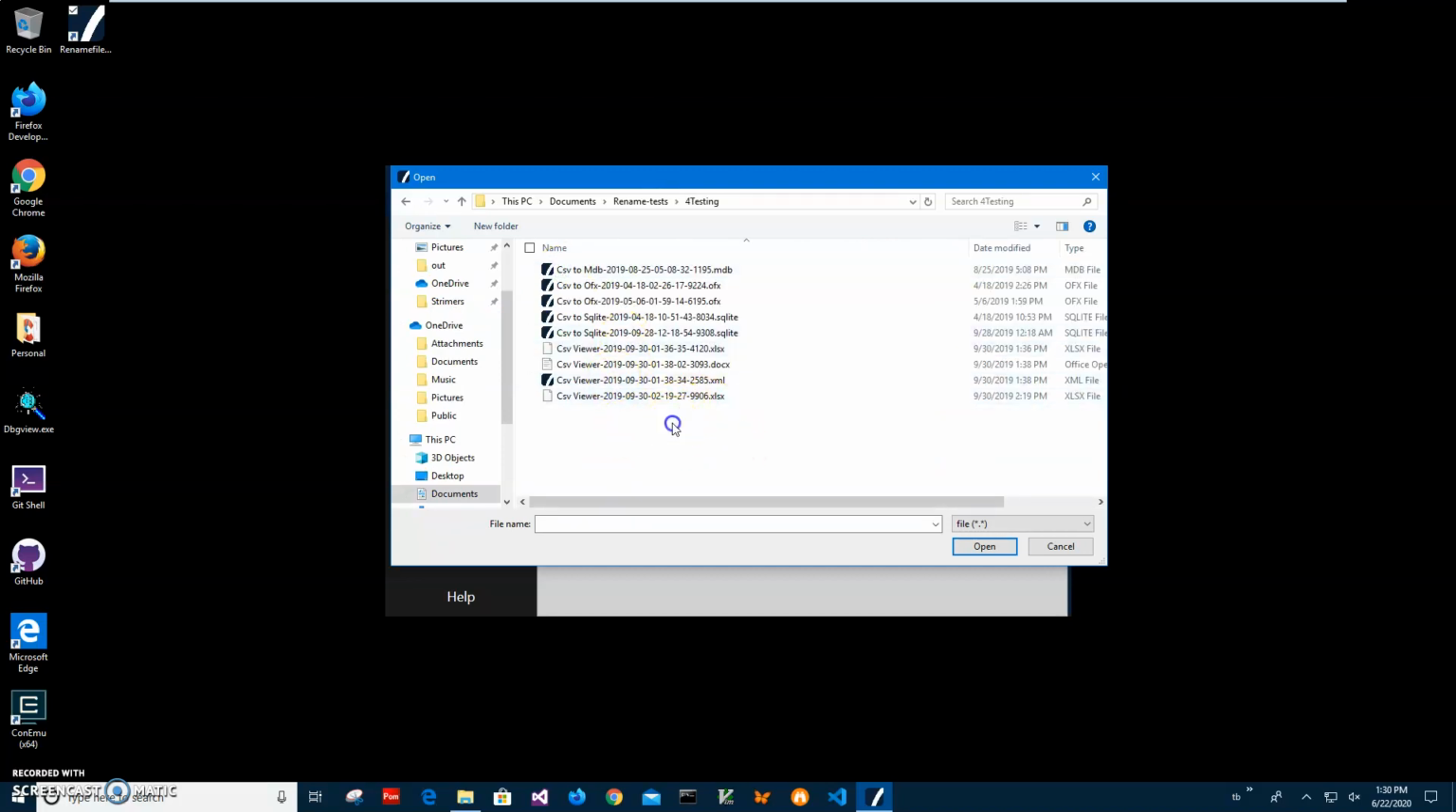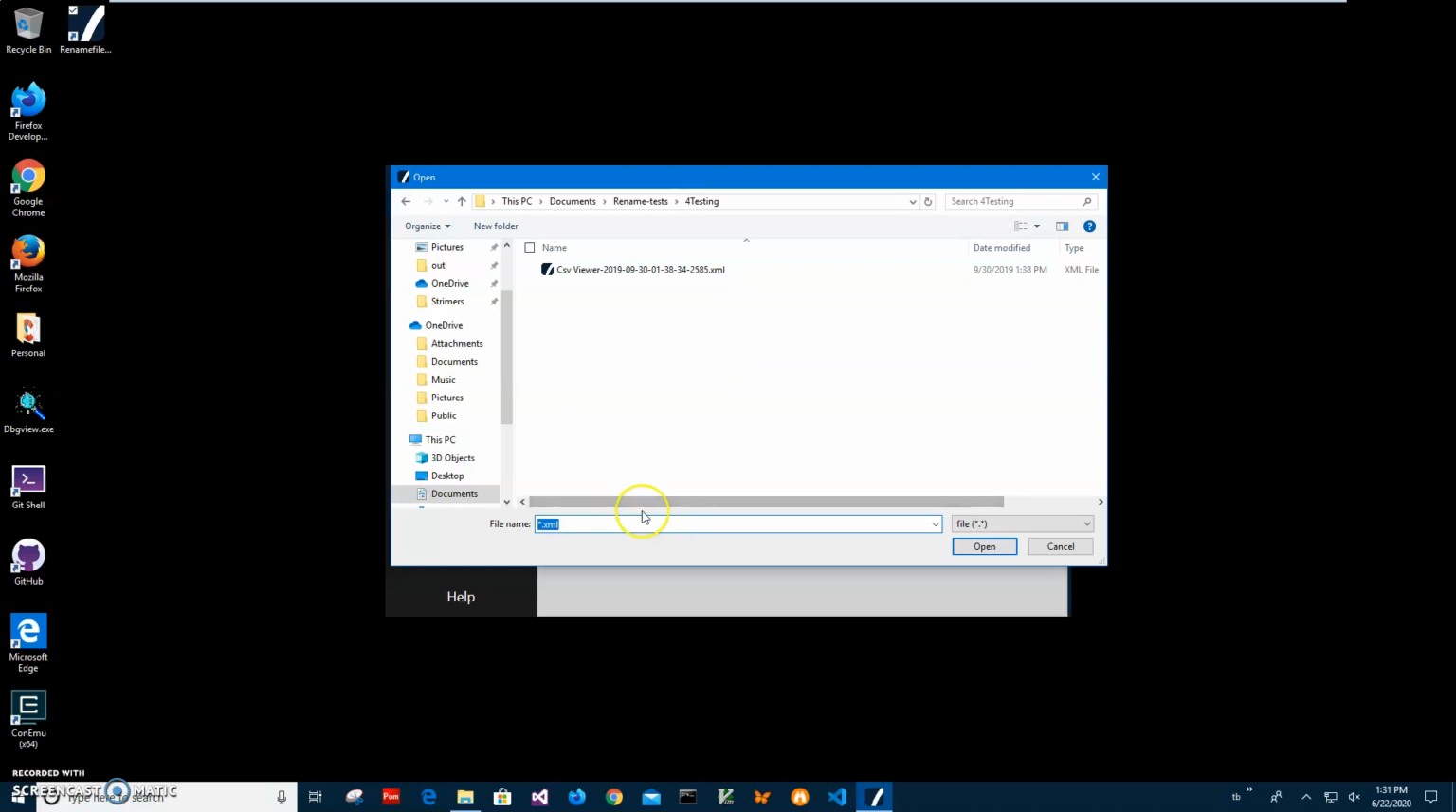I can select all files by manually selecting. I can select by extension by typing a wildcard. For example, I want to select only XML files. I can type XML and click open, and you can see only one XML in there. Or I can type SQLite and click enter, and it will show. Or I can delete and click open,